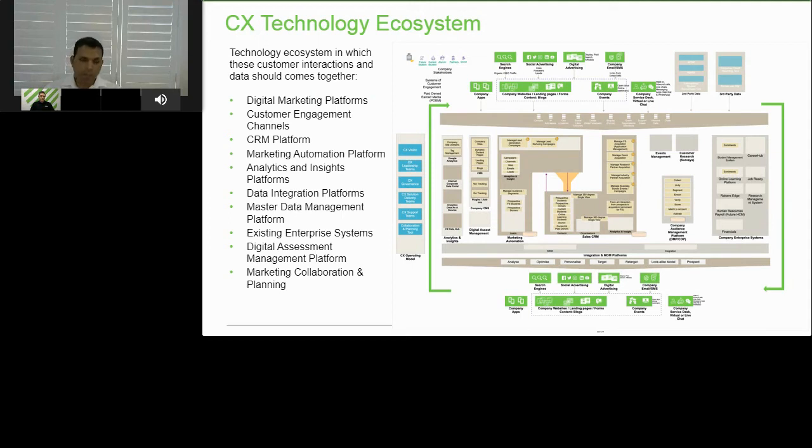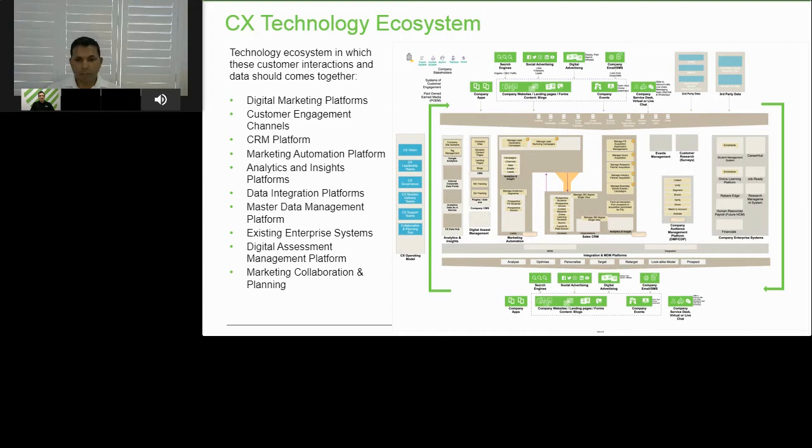Okay. Now, when it comes to building the architecture for a customer-centric solution, there are many different types of products available in the market, from CRM to digital marketing platforms to other tools. They all perform a role in making up the ecosystem. Customer-centric solutions are not really one product. They are definitely a combination of many different technologies that you will use to build the architecture.